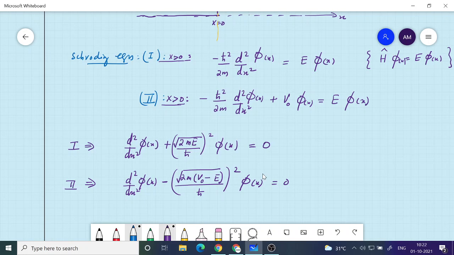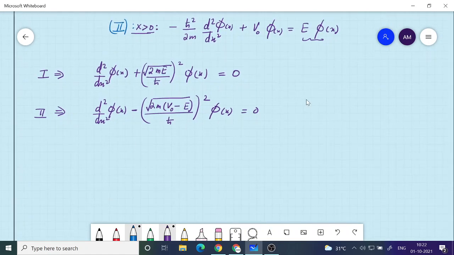In region 1 we have a plus sign. In region 2 we have a minus sign here, since V0 is greater, I have written it as V0 minus E. If you square it up, you can see 2m into V0 minus E, and then if you take the minus sign inside, it will be E minus V0, and E minus V0 is what you will get if you take this term to the left. So that will have a minus sign, then multiplying with the minus sign throughout, V0 will have minus signs. So it's just a rewriting of this equation.